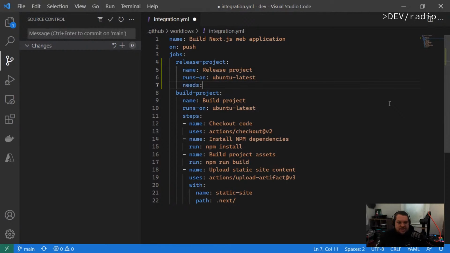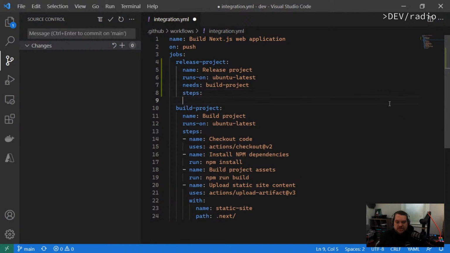It needs build project to run first. And for its steps, I think the only thing we're going to do for release project first is to download the site content. Our first step is to download the static site content. So I'll create a step called download site content,